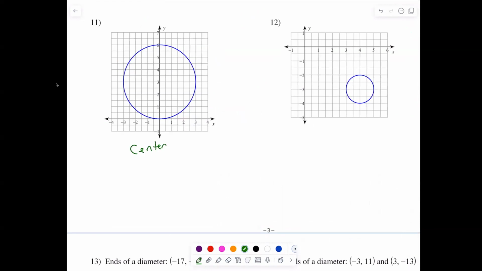Everybody, come on, number 11, what's the center? Anybody else agree at 0, 3? Yes. All right, and then if it's 0, 3, then what's the radius? Don't say 6 just because he said 6. You just want 6. No, it's